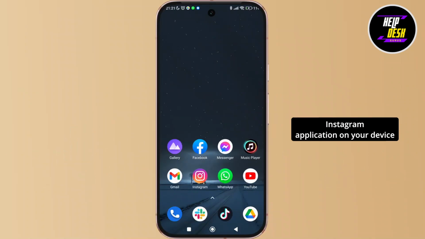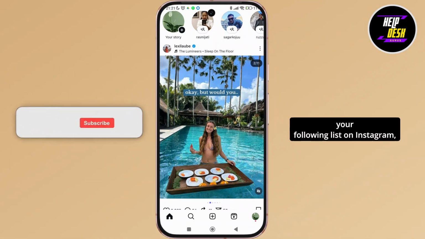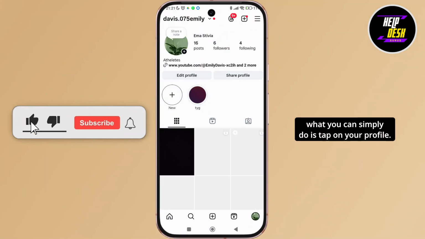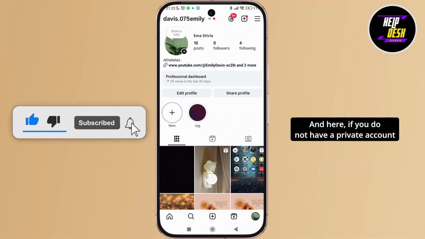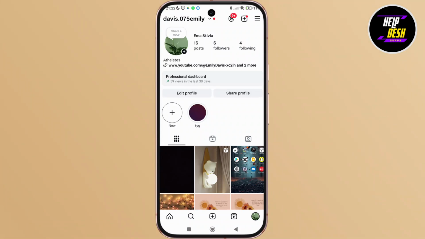Now first of all, launch the Instagram application on your device and make sure that you're logged in to your account on Instagram application. So here what you simply need to do, if you do not want to show your following list on Instagram, what you can simply do is tap on your profile, and here if you do not have a private account and you do not want to private your account as well, but you want to hide